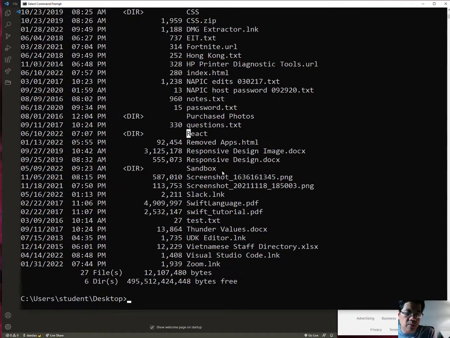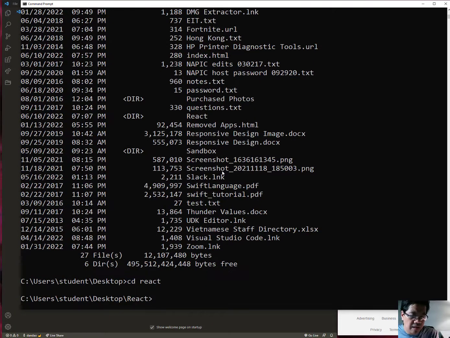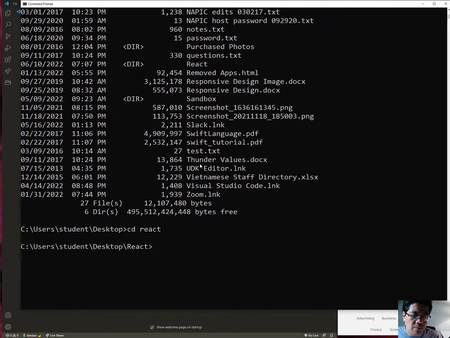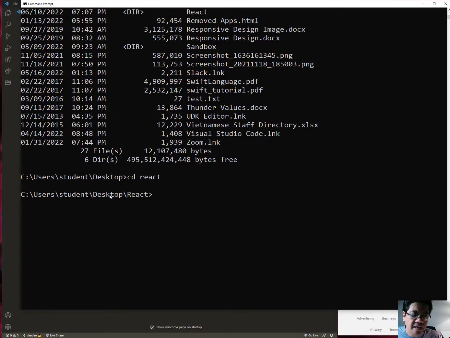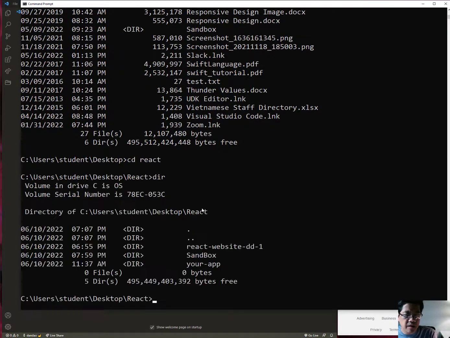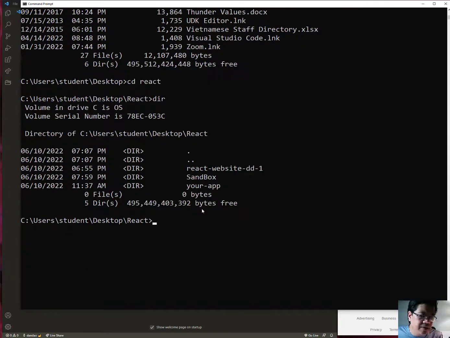But if you could for me, just navigate to cd react. And if you look at my prompt, the way the prompt is set here, here's the react subdirectory of desktop. Do dir for me. So I've been practicing and I've been demonstrating this with some of your other students as well. Inside React at this time, if you want to, you can create